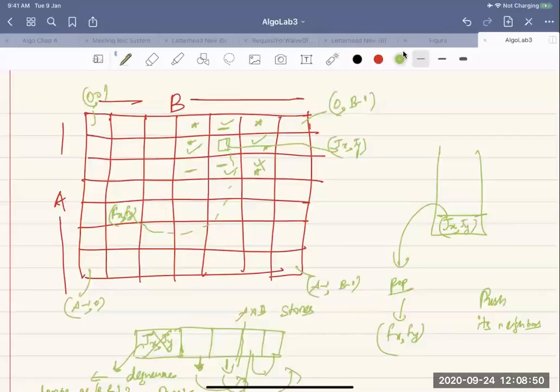So this is gone, and its neighbors will come. But now you will pop the top neighbor. If it is not same as FX, FY, you will push its neighbors. That's why it is DFS.